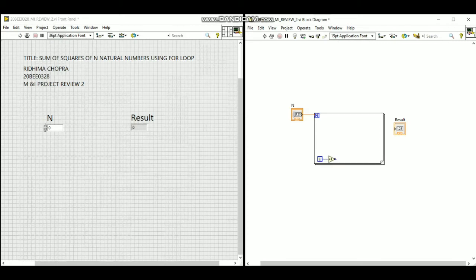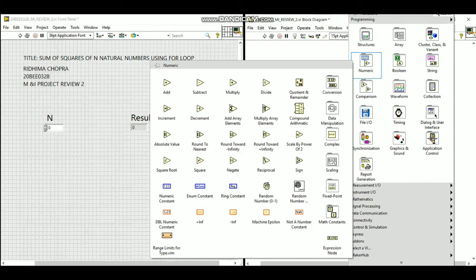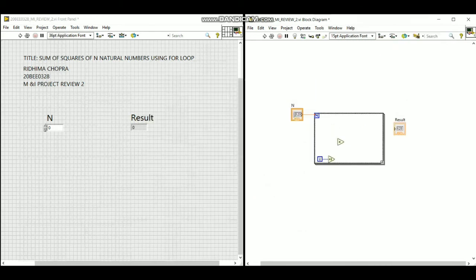Yes, that's also connected. Now since we are doing sum of the squares, square we can obtain by multiplying the number by itself. So here we have multiplication operator and I am attaching it here. Now let me connect this y terminal to i plus 1 and also the x terminal to the same.